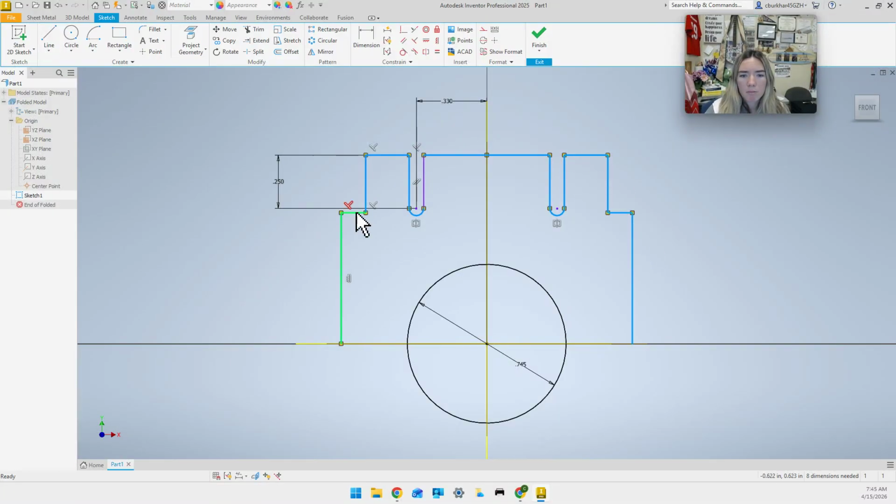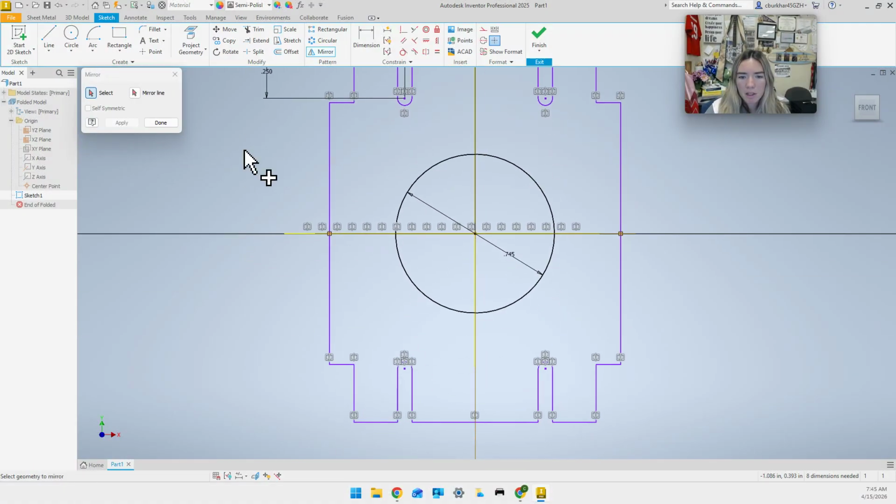And now I'm going to click, oh, there's a few more. So now I'm going to click, oh my god, why is that one disappearing? Okay, now I'll click mirror again. I don't know if that one was selected. And then I'll click mirror line. I'm going to mirror on this axis now. I'll click apply. So now we have